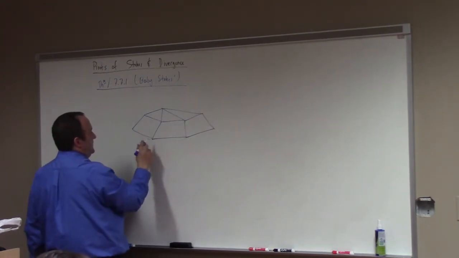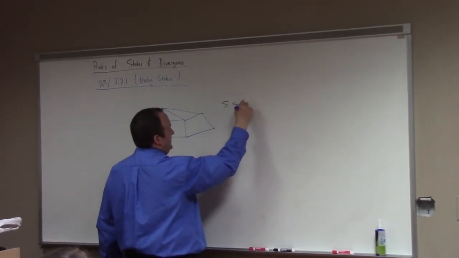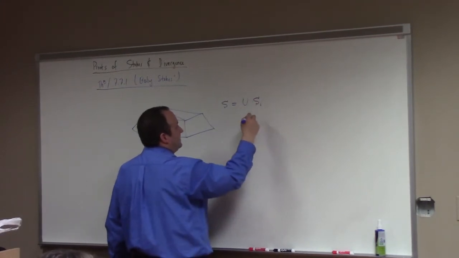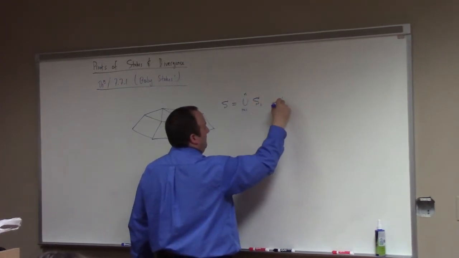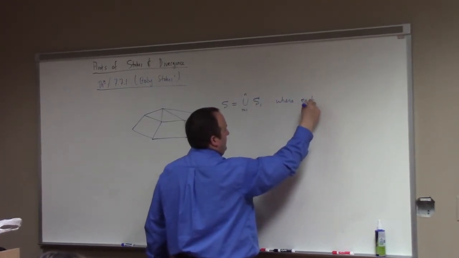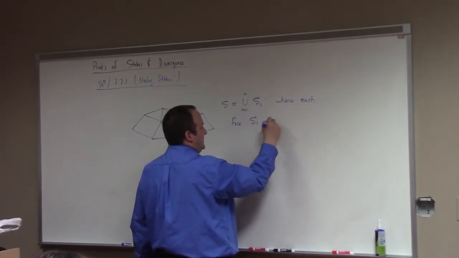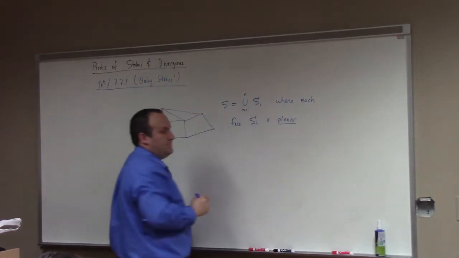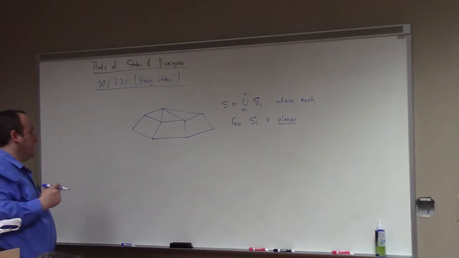So the point is, this S is basically the union of, let's say, S sub i, i equals 1 to n, where each face, S sub i, is planar. Okay. So you can imagine such a thing, right? And if you think about that,